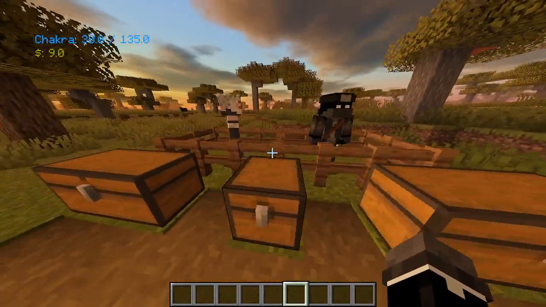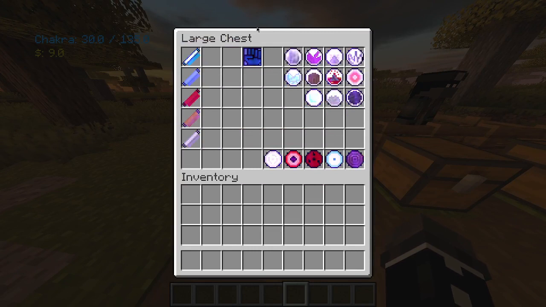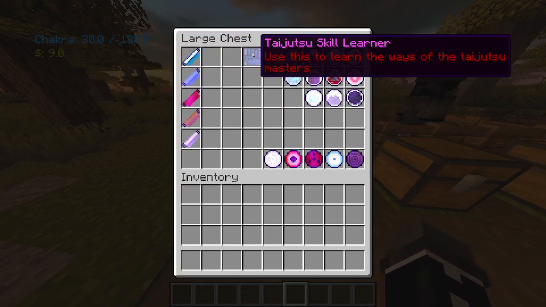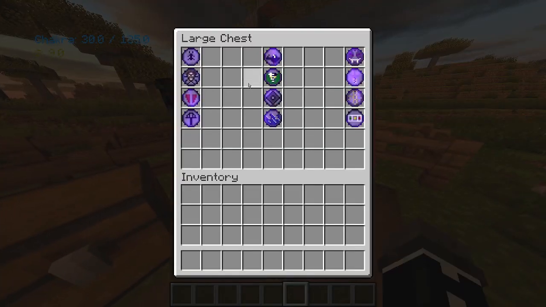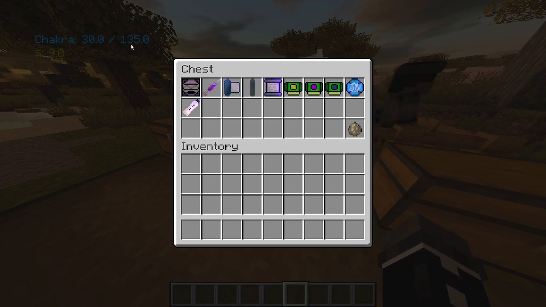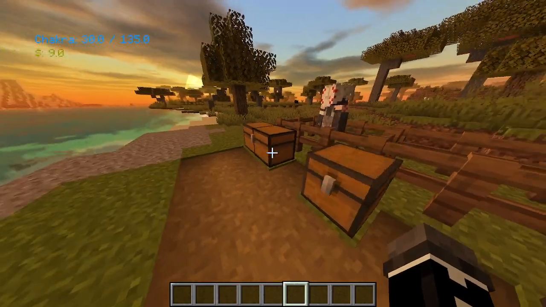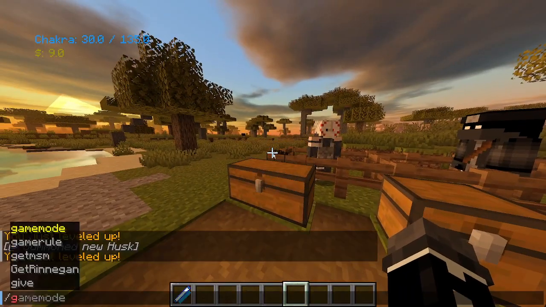So now time to start going over things specifically. Here's everything: Kekkei Genkai, Taijutsu, Elemental, and then Dojutsu. And then in the next chest we got all the clan jutsu, which is 12, not 19, sorry. And then you got some items in here that I can go over later. So starting off, we're going to do all these. So we're going to give ourselves a lot of points,